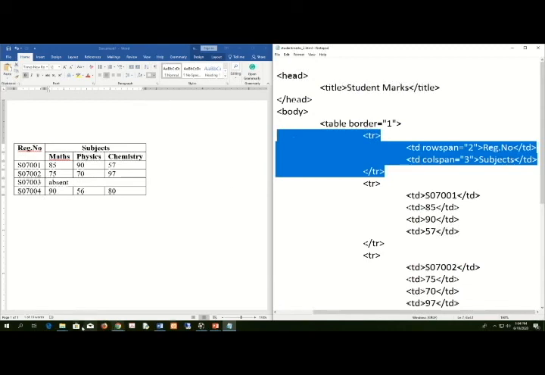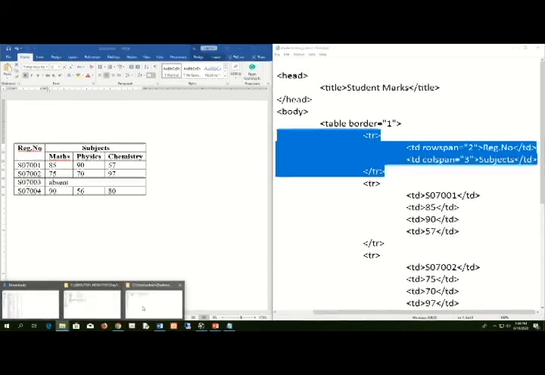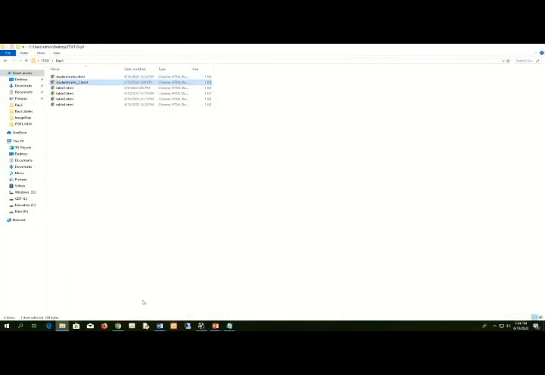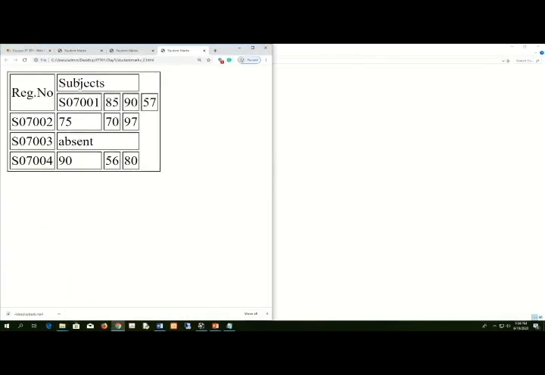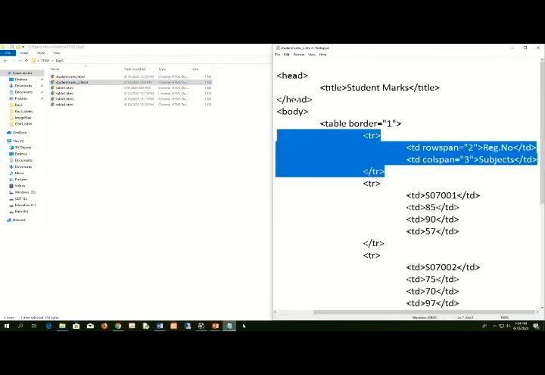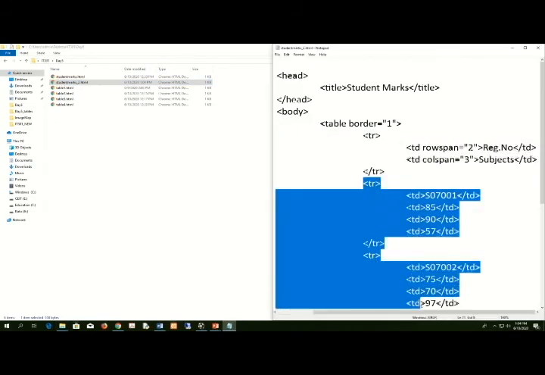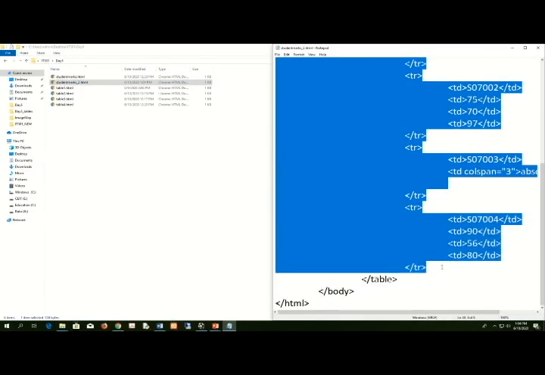Then I save this and then I open this student marks 2. Actually this one, right? Now there's a mess, right? Because in here this one comes into the first row or something like that, right? So we have to complete this. Otherwise, if this content is not there,